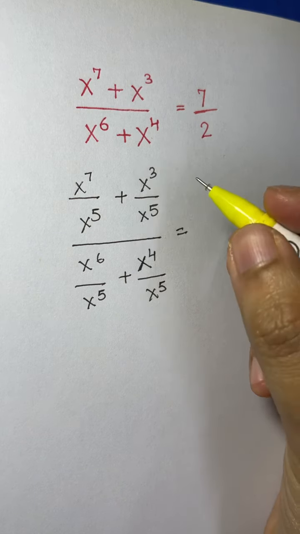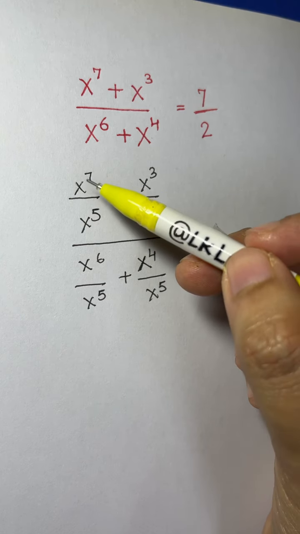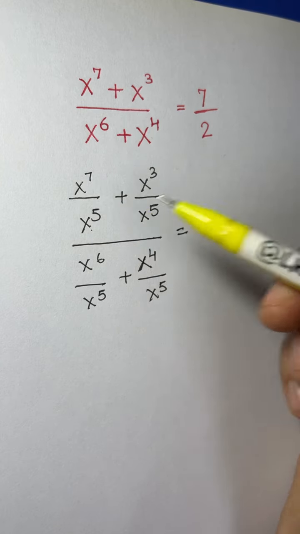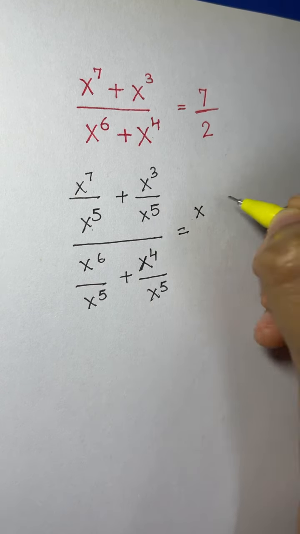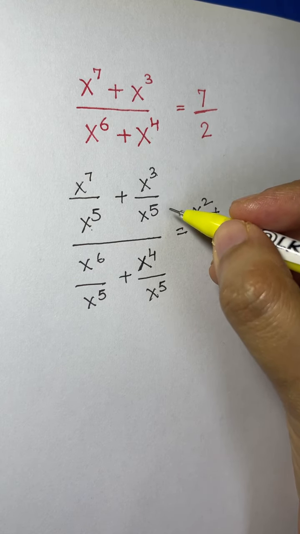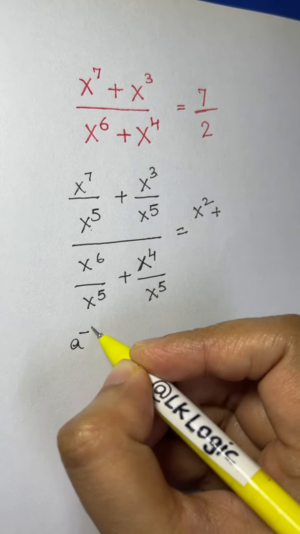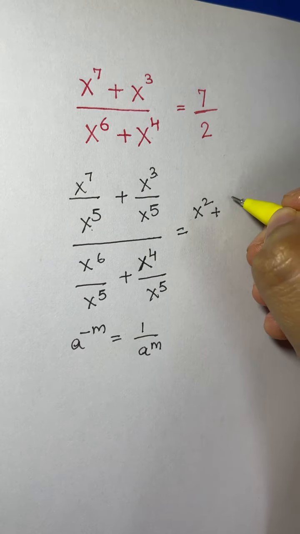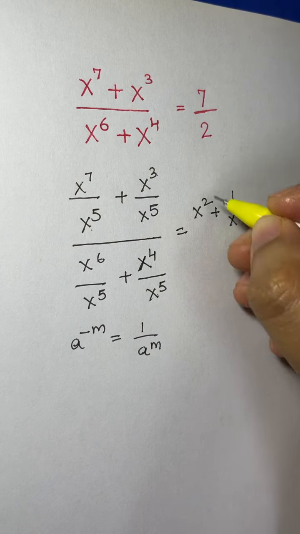Now when you simplify, whenever you have the same base and division, you subtract the exponents. We have x to the power of 7 over x to the power of 5, so 7 minus 5 gives x to the power of 2. Plus, here you have 3 minus 5, a negative exponent, which means the reciprocal of that term. So you have 1 over x to the power of 3 minus 5, which is negative 2,